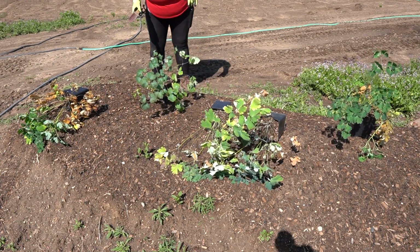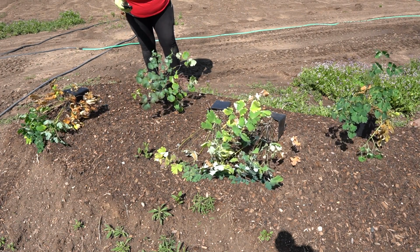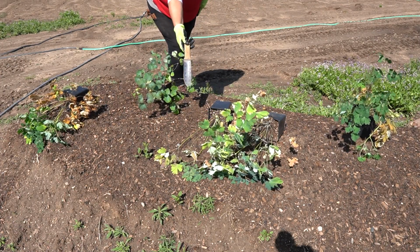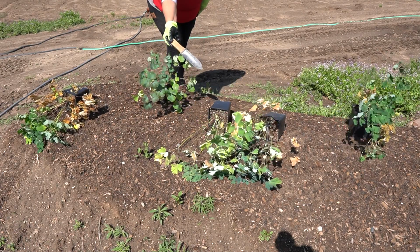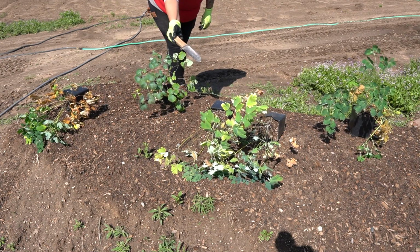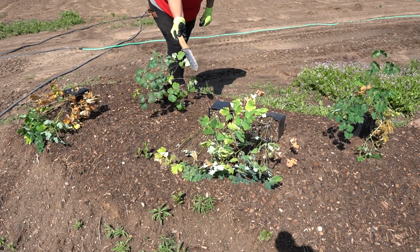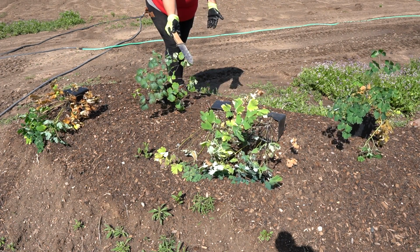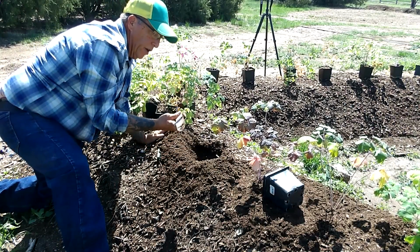So I'm going to start putting the columbines in. This tool here, hopefully you can see it, is called a hori-hori knife. And this is probably one of the best garden tools you will ever have. We ordered these ones from Berry and Bird, and it is my favorite tool to use in the garden. Like, I don't even use anything else. I can use this to plant bulbs, pull weeds. I really do like this Hori Hori knife. I know it sounds silly, but